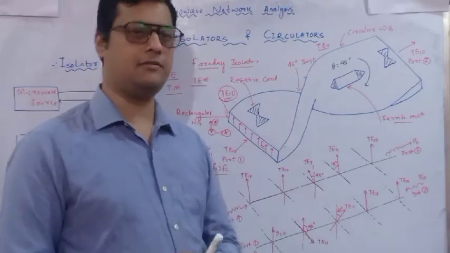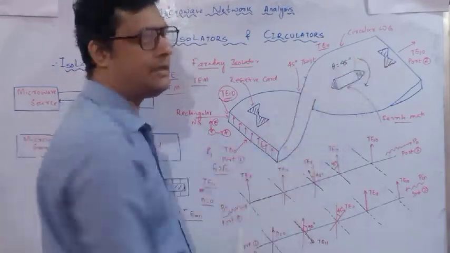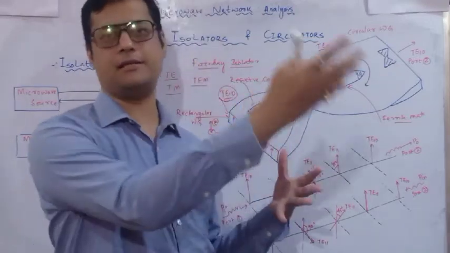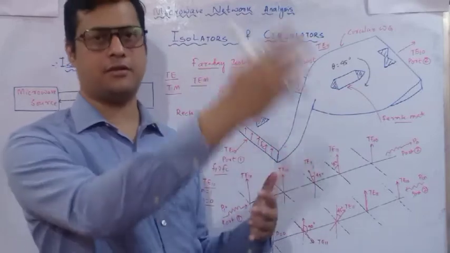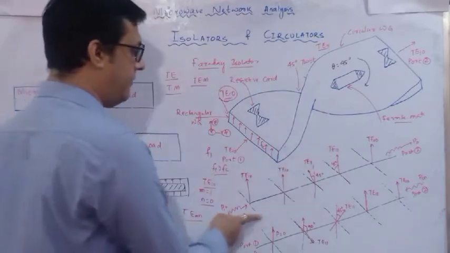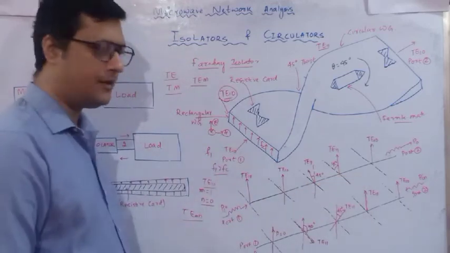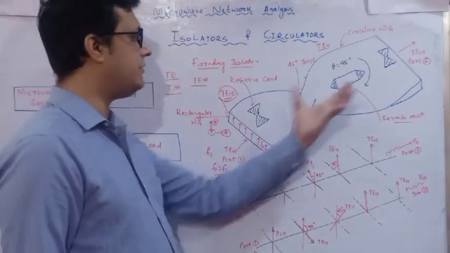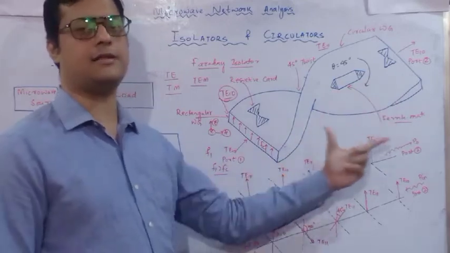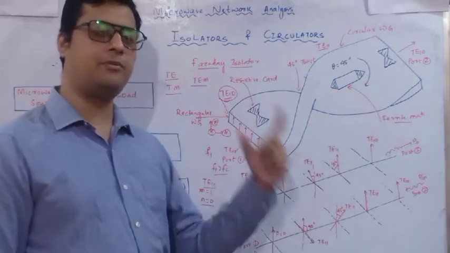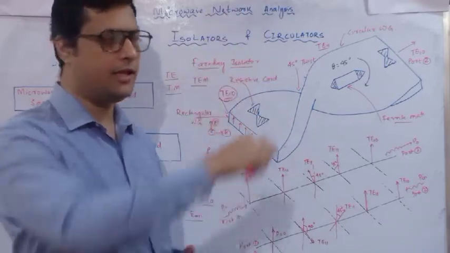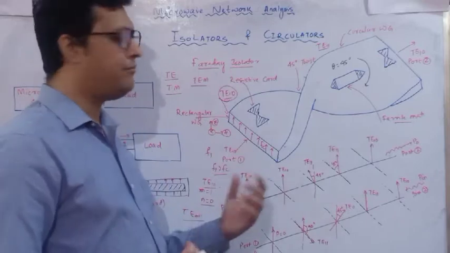Now the question comes: how does it operate, and how is the same power available after this twist and this rotation? Let's see. Here you can see I have drawn one figure. This is the basic analogy of this particular rotation. This Faraday rotation is called an isolator. An isolator will provide the input power to the output port in one direction only. It will not revert back to the same port one.